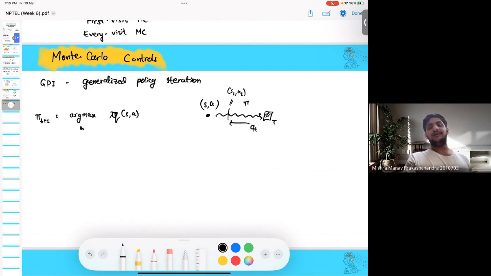All the updates that we are doing are only on the initial state action pair. Any intermediate state action pair that comes in the trajectory when I'm following policy pi will not be touched or updated. Because I'm only updating the initial state action pair, I need to have different state action pair combinations. Only then can I draw sample trajectories from a state action pair and update on that. So hence we have to use exploring start methods,